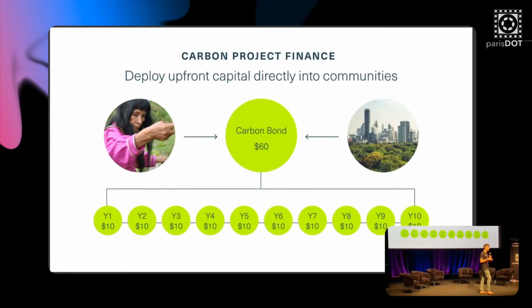What's happening right now is that there's growing demand for credits. There's not enough supply. Partially because of the low-tech nature of the sector, but partially because that money that supposedly stands there, that wall of money, as some people call it, is not reaching the guys who are on the ground.